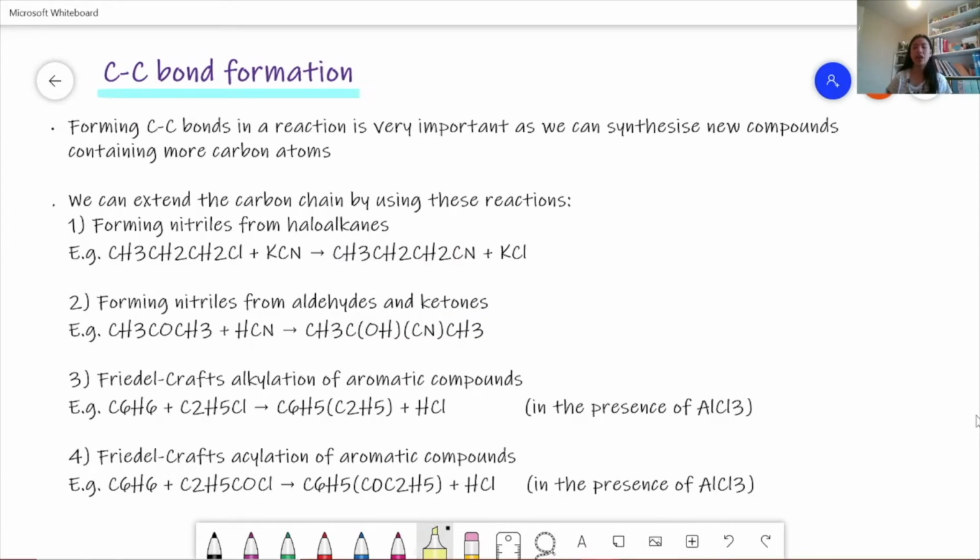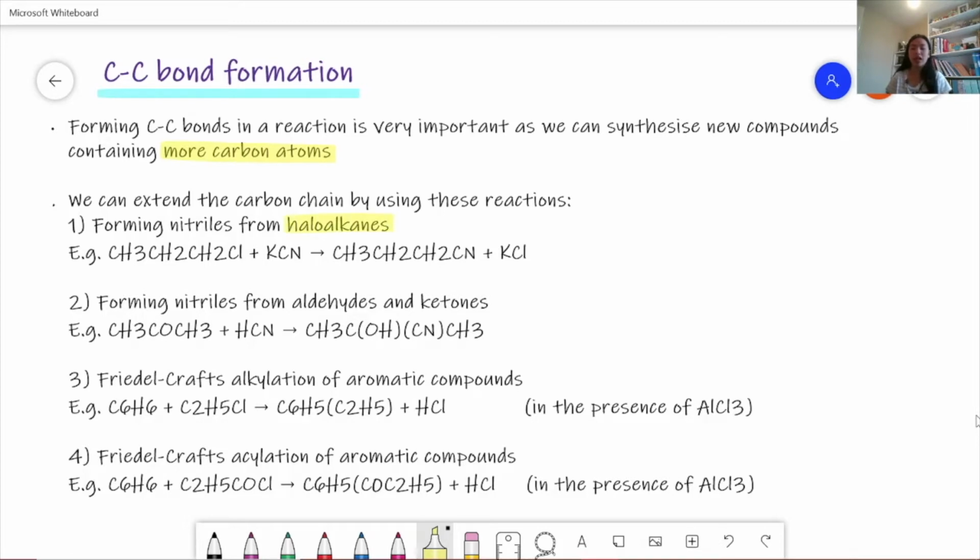So now we're going to look at carbon-carbon bond formation. Forming carbon-carbon bonds in a reaction is very important as we can synthesize new compounds containing more carbon atoms. And there are a few ways in which we can extend the carbon chain, and we're going to look at 4 of these reactions. So the first is when we form nitriles from haloalkanes, and then we're going to look